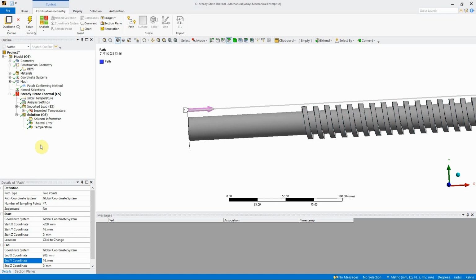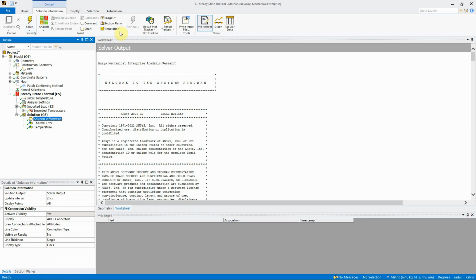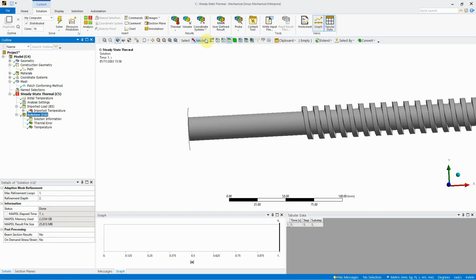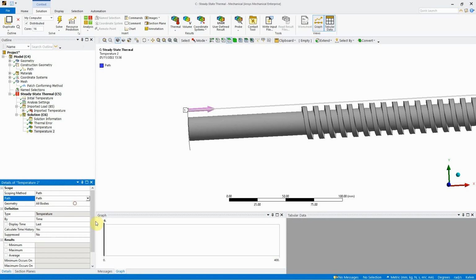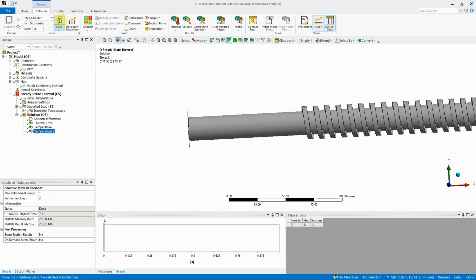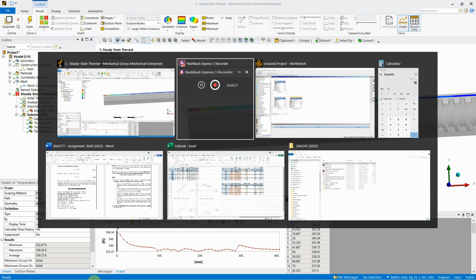So what that does now is I can go to my solution, I can actually put in a thermal temperature, and rather than doing that, I can click on path and click on path body. Okay, and then press solve. Okay, so that's the temperature load of what's happening. But fundamentally, what's happening here is we've got that taking place, but we also need to look at the assignment, because the assignment says